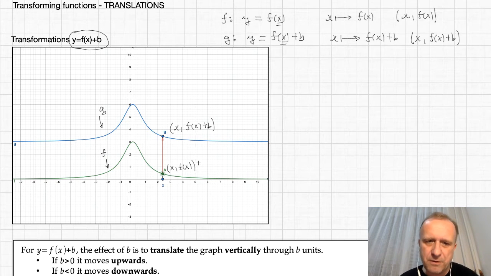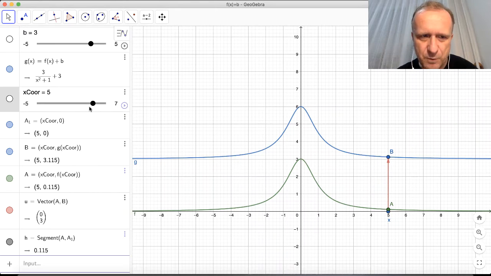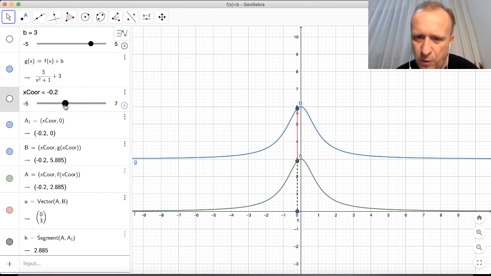Now let us imagine that you take this point x here on the x-axis and move it to the left or to the right. It will lead to the situation in which point A traces all the points along the f curve, and the point B will trace out the g curve. Let us look at this in motion. So here is the situation in GeoGebra. What I can do is change the coordinate of point A. You see what happens. These two points are always related, and there is this red arrow connecting them,